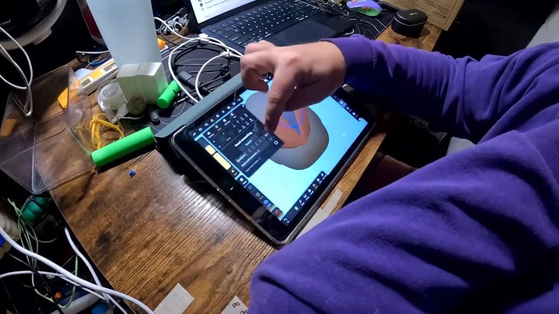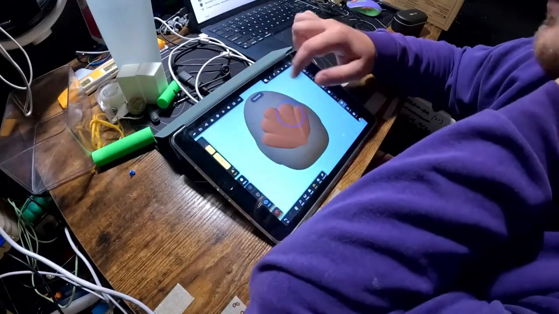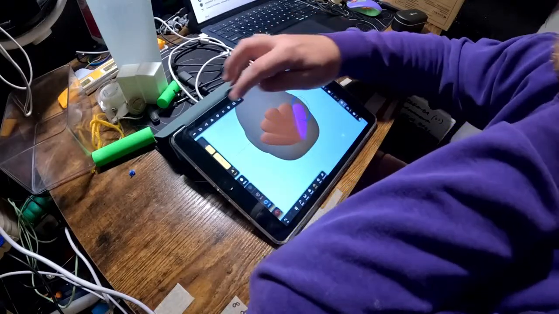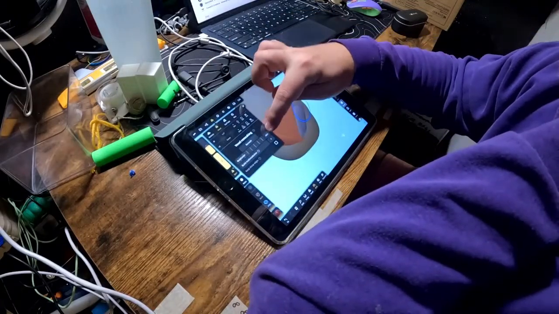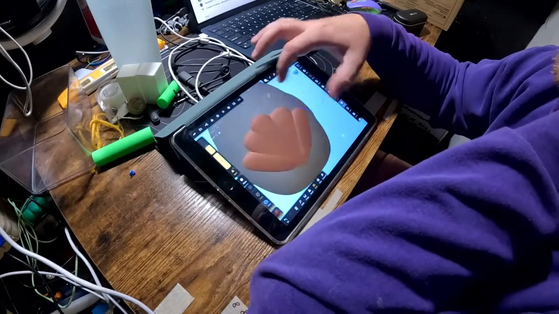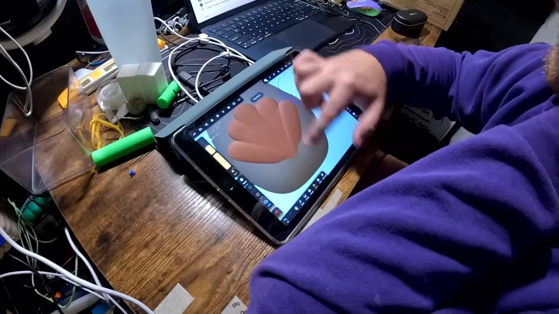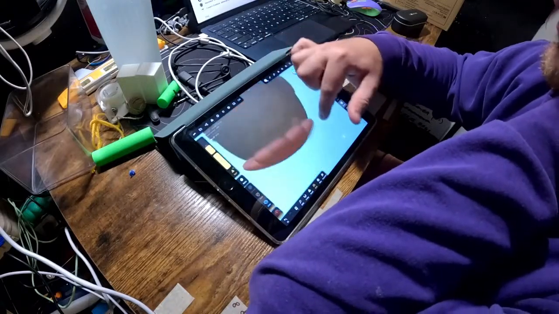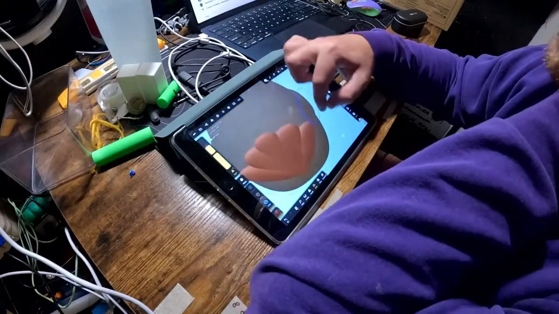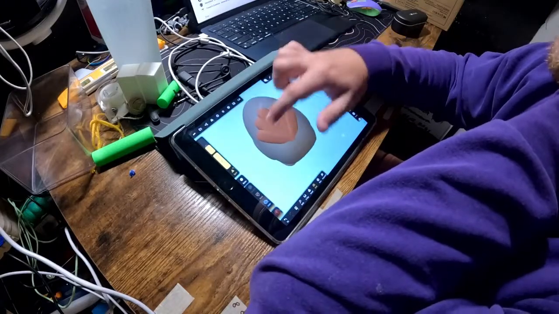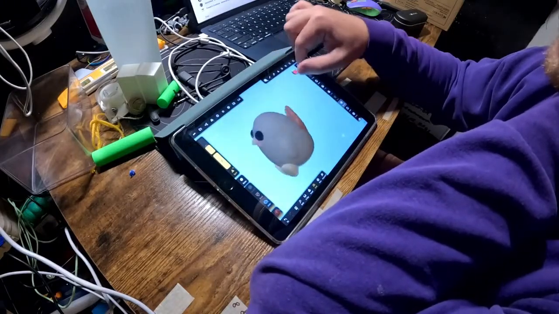And rinse and repeat. What time is it? 11:15. Definitely not going to get this printed in time for a Patreon upload tonight, which is unfortunate, because I ran out of my backlog prints and I realized I didn't have anything to upload tonight. So this will be up probably tomorrow.